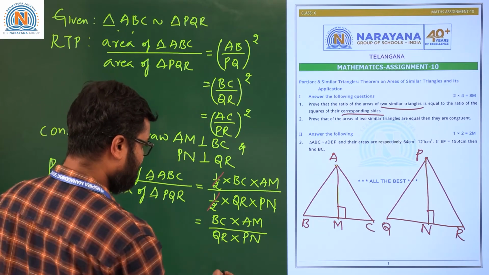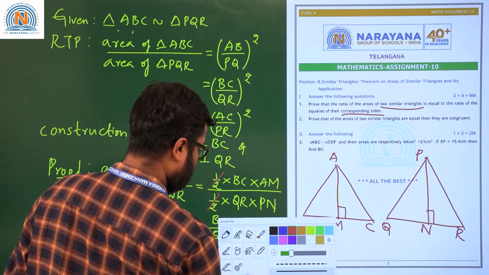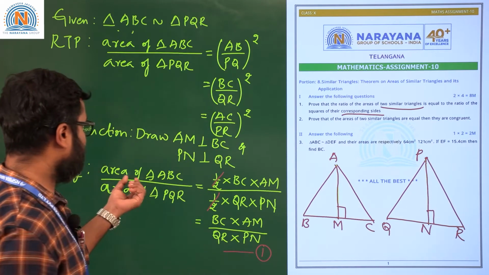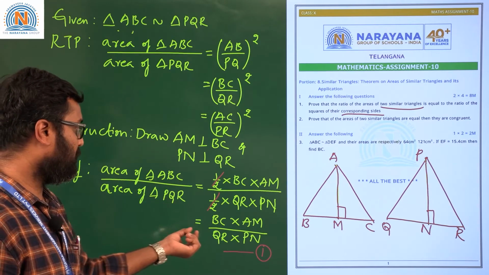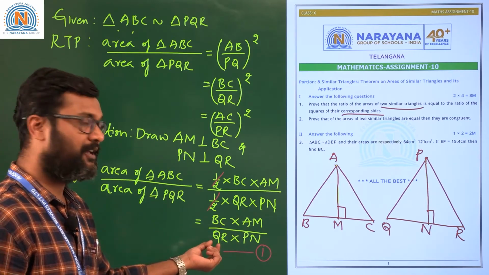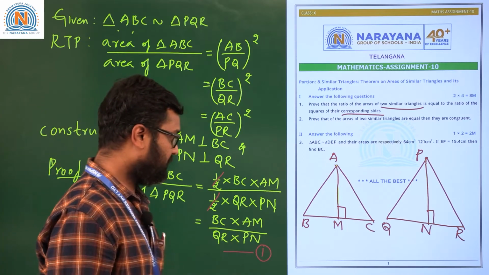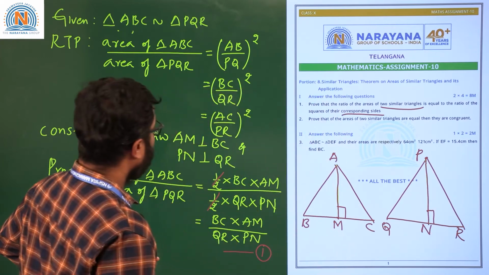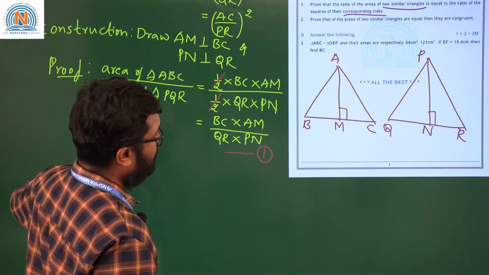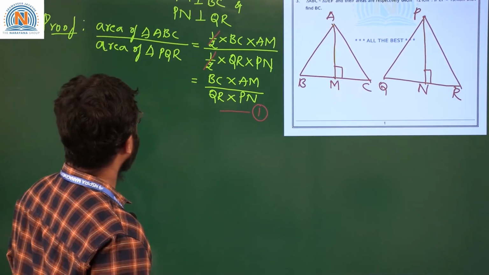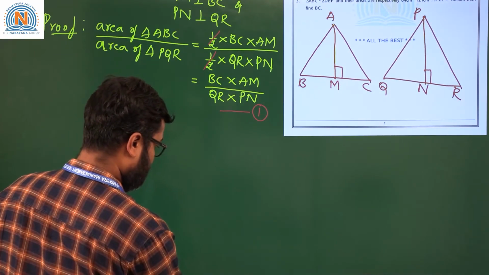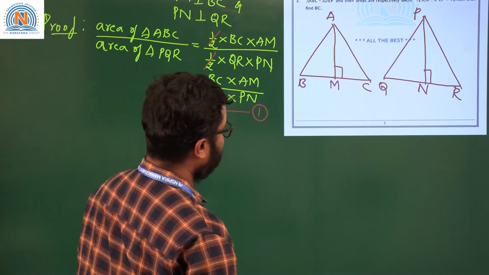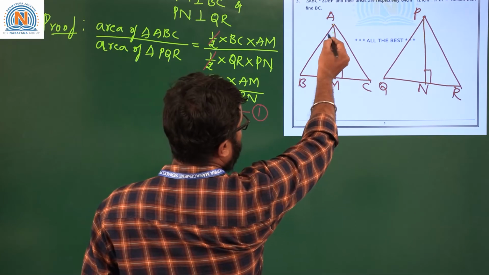So let's take this as a first relation, children. That is, area of triangle ABC by area of triangle PQR is equal to what? BC into AM by QR into PN, isn't it, children? Now see, children, here, now if you observe here, this area,